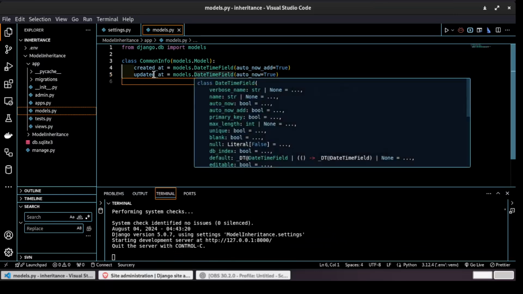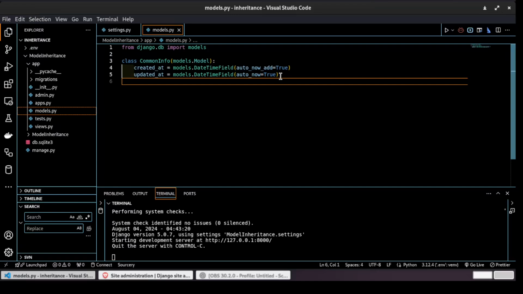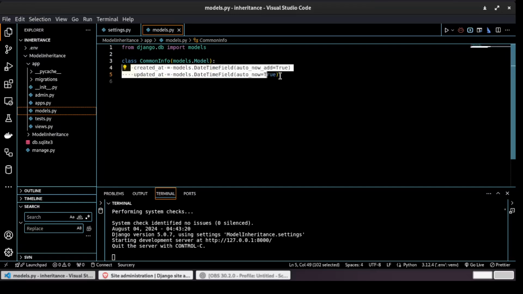Basically what we want is for other model classes to inherit these fields